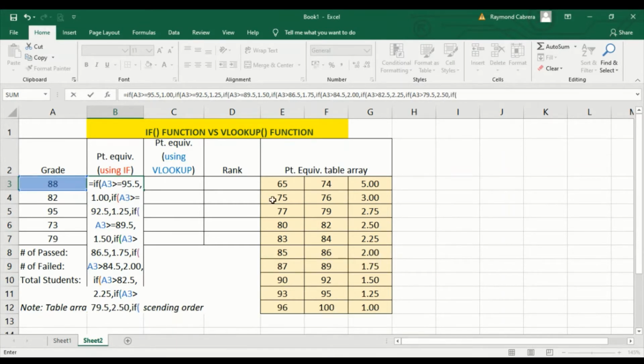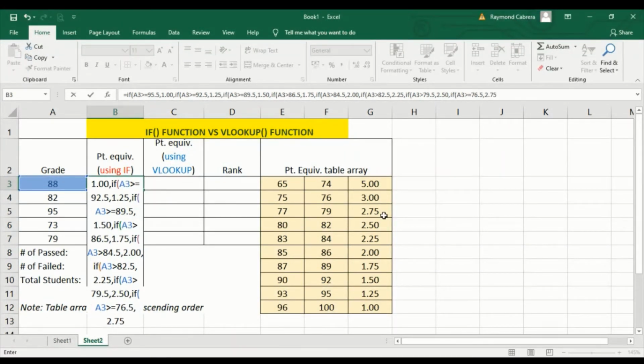Another IF, open parenthesis, this one, so this is long, comma, IF A3 is greater than or equals to, what's next, this is 76.5 to be exact. If it is true, it is